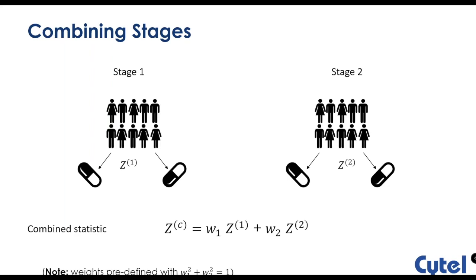I also stated that we would have multiple stages in the trial, and that's something that we need to deal with. Well, this is just one simple method. From our comparison of the experimental treatment and the control treatment within each stage of the trial, we might find our corresponding test statistic, so a Z statistic that's, say, normally distributed. We can then find a combined test statistic simply by weighting these two things together. Worth noting that these weights need to be predefined before the trial begins in order to control the error rate in the desired way. This particular method is known as the weighted inverse normal,